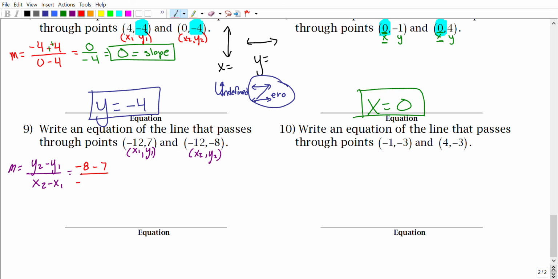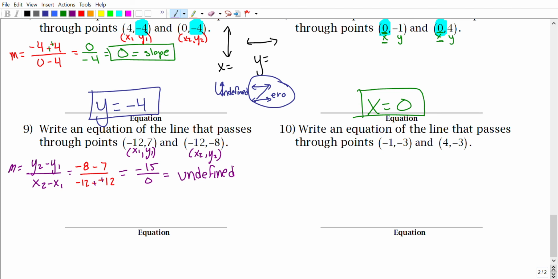x2 is negative 12 minus x1, which is another negative 12. So this, in fact, turns into positive because the opposite of a negative is a positive. So we get negative 15 over negative 12 plus 12, which is a 0. If you type that into your calculator, guys, you will notice you get an